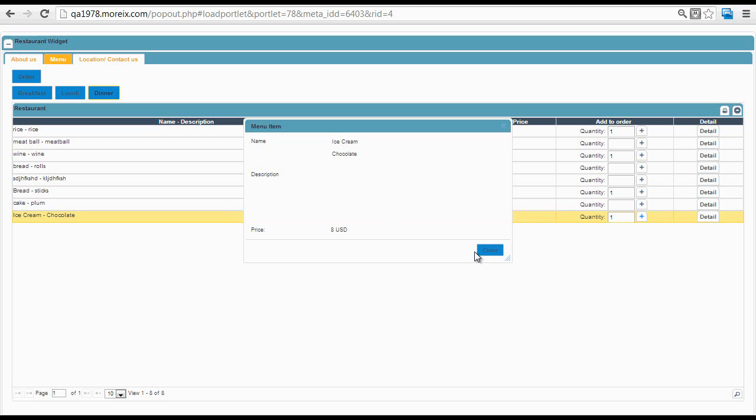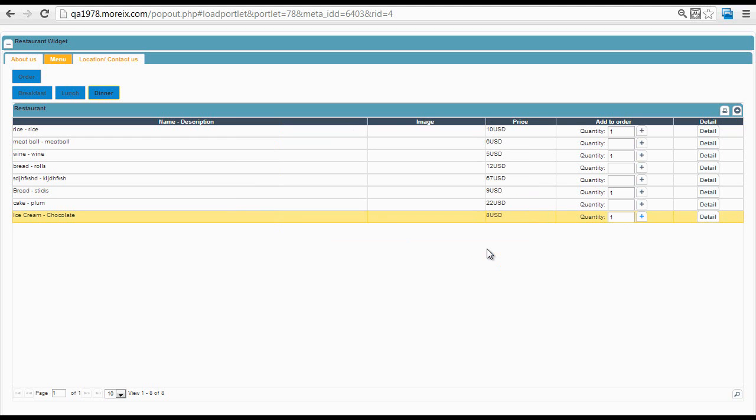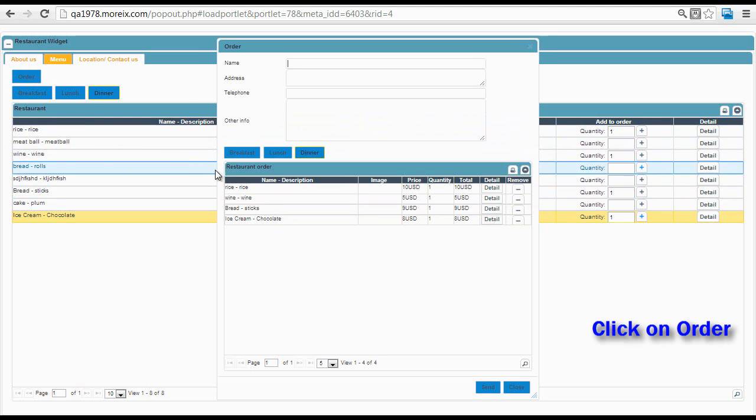Once you have selected all the items that you wish to order, you need to click on the order button at the top. This will give you a dialog box with all the selected items along with the specified quantities. The user can review his order, see the details, and even delete an item if he doesn't want it now.